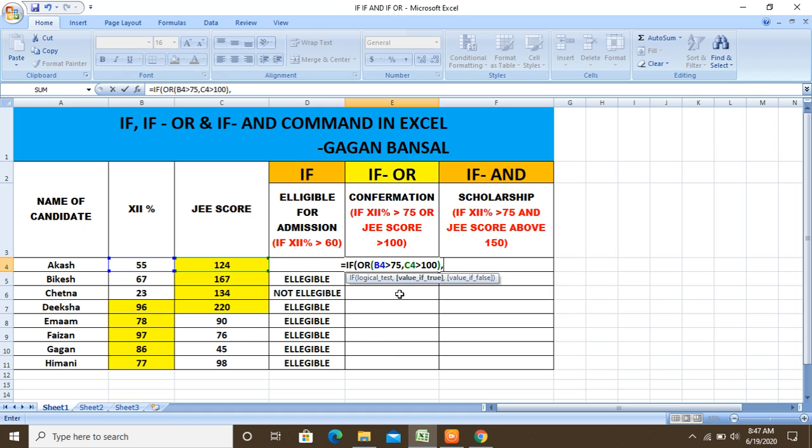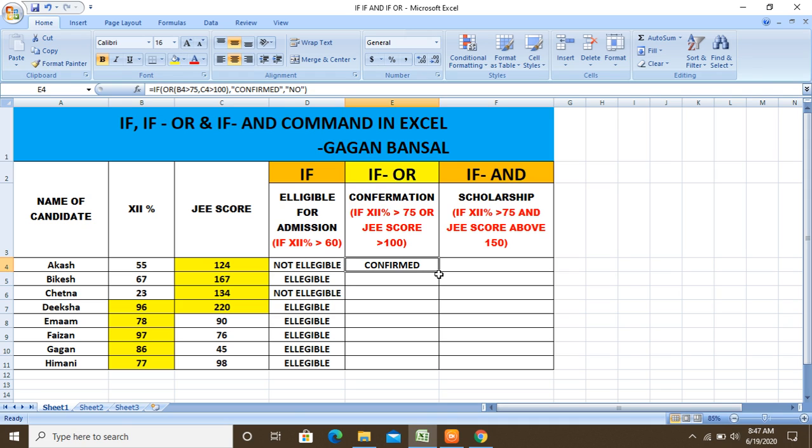First, value if true, what it should give when the value is true, that is, it should return confirmed admission, and what if false, then comma, it should return, say, no, bracket close, enter.